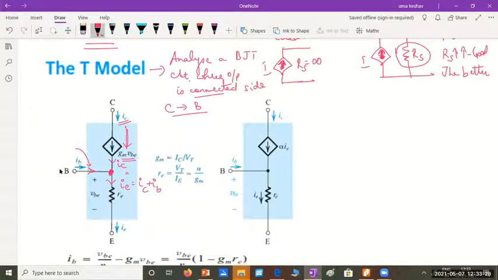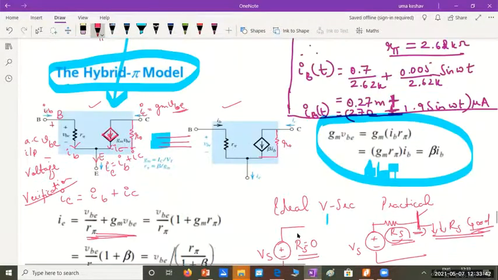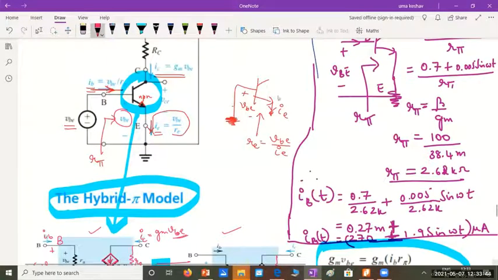Now, if I have the base emitter voltage from base to emitter, and if I have the emitter current flowing, what would be the corresponding resistance? You see, what is the resistance seen? You can see here we have written what is the resistance seen when the emitter current is considered and base emitter voltage is considered. The corresponding resistance is known as the emitter resistance or small signal emitter resistance RE.